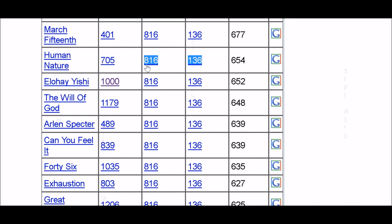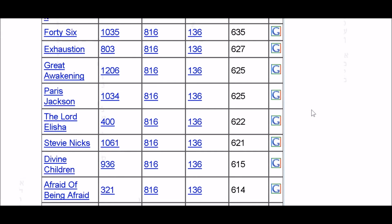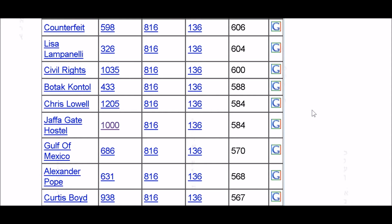I've noticed this between my kids. One of them will say something, the other one will say something back, even if it's a nonsense statement. More often than you can believe, they will match geometrically. Well, I invented a new word right there, geometrically. All right, so you just want to be aware that you yourself